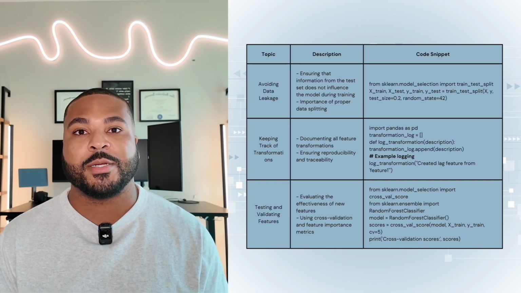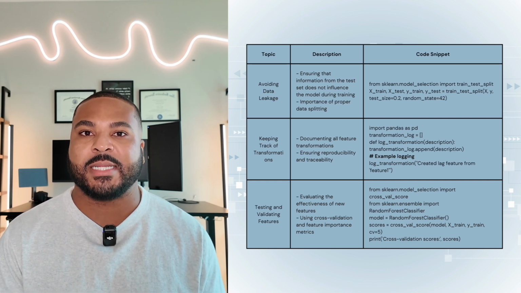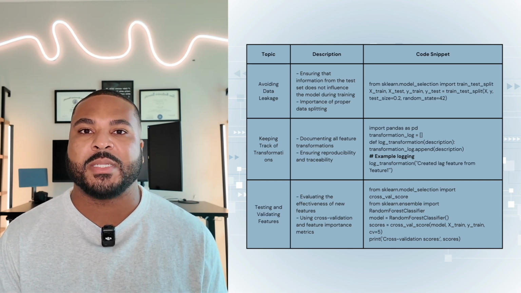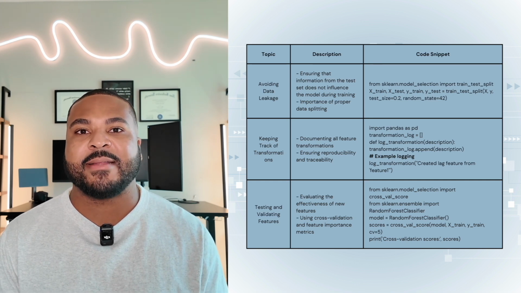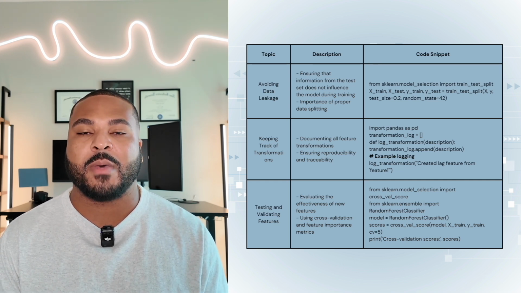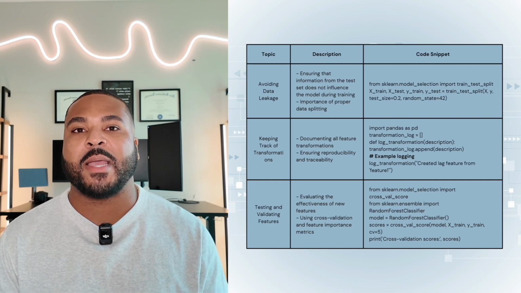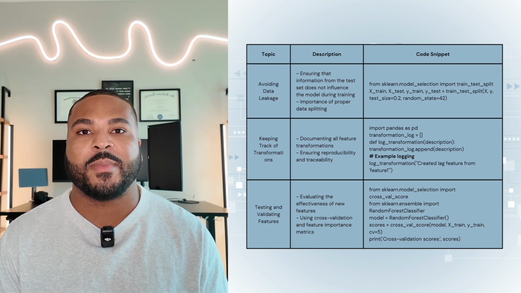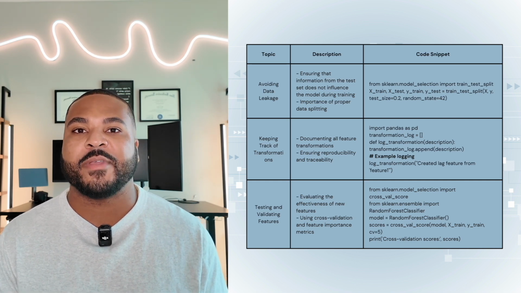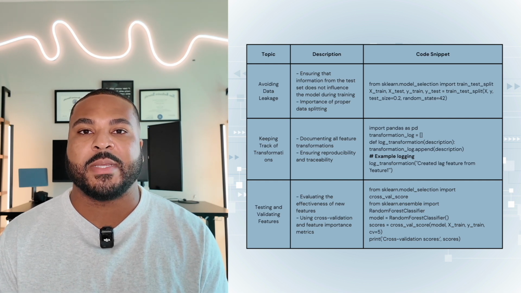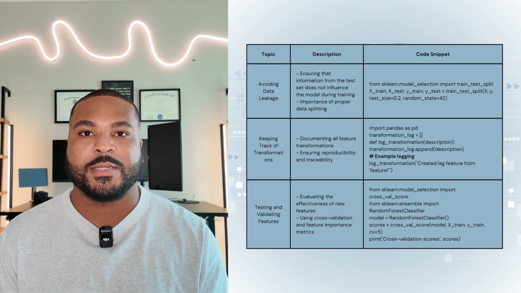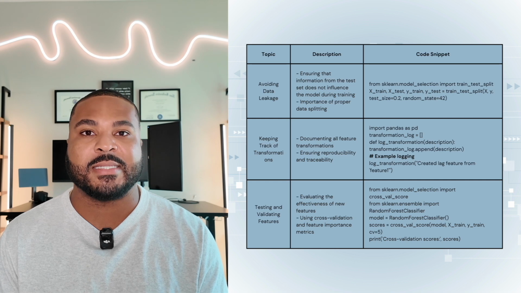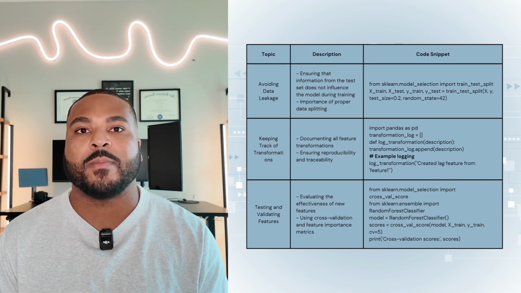Data leakage occurs when information from outside the training data set is used to create the model, leading to overly optimistic performance estimates. It's crucial to ensure that data from the test set does not influence the model during training. This is typically achieved by properly splitting the data set into training and test sets before performing any data transformations or feature engineering. So in this example code snippet, to avoid data leakage, train_test_split is used to split the data into training and test sets, ensuring that the test data remains unseen during